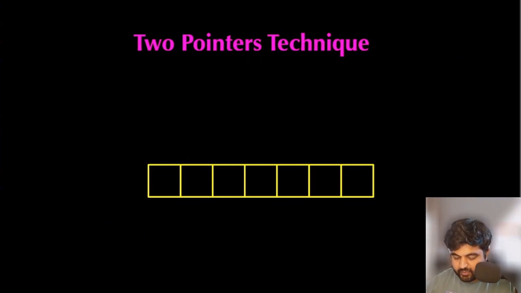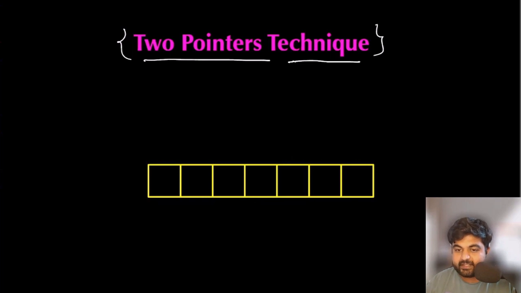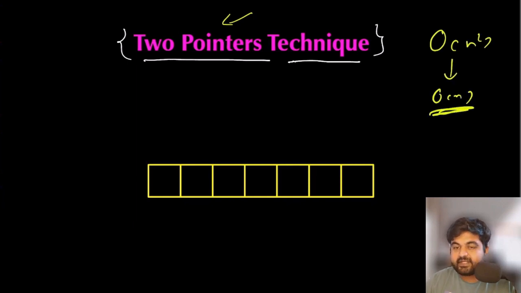In this video, we are going to learn a very important coding pattern called two pointers. This is a really powerful technique in any coder's hand, and if used correctly, this can improve your code significantly. Not only that, this technique has been really popular on many technical interviews, and all big and small companies love asking these kinds of questions, because if you use two pointers, you can bring the time complexity from big O of n square down to big O of n, which is a significant improvement.